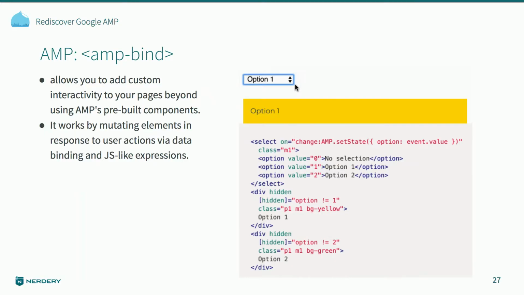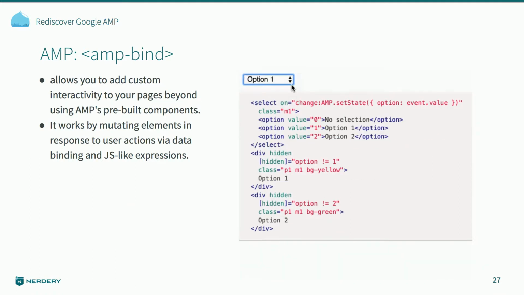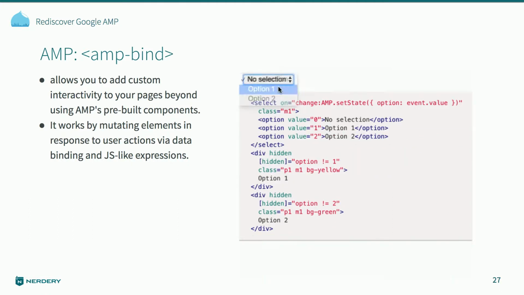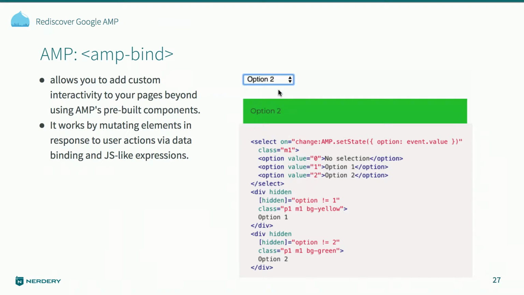Another component that provides a lot of flexibility is AMP bind. Here it starts to look a little bit like Angular or something like that, where you're controlling state changes through AMP bind. This is a very simple example, and I think I have another slide with a more robust example of using AMP bind. But here is a simple solution where you're changing some elements based on state change of the selector. With AMP bind, you can start combining that with many different things. Like you combine it with an image carousel, then with a film strip image carousel. So when someone selects a thumbnail of an image, you show it in the image above and things like that. Or in e-commerce,